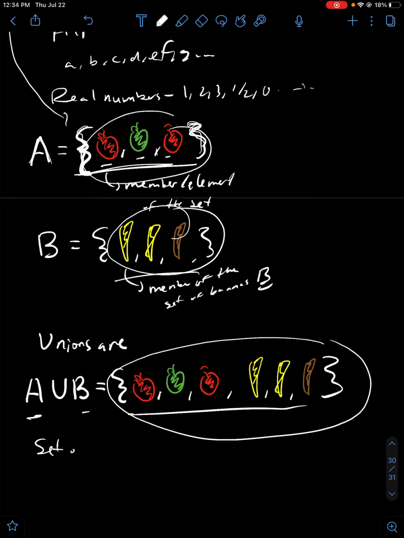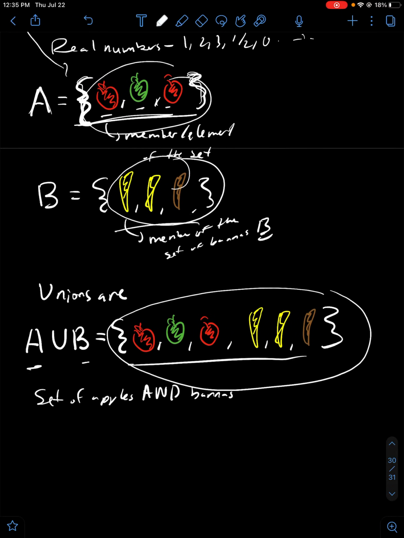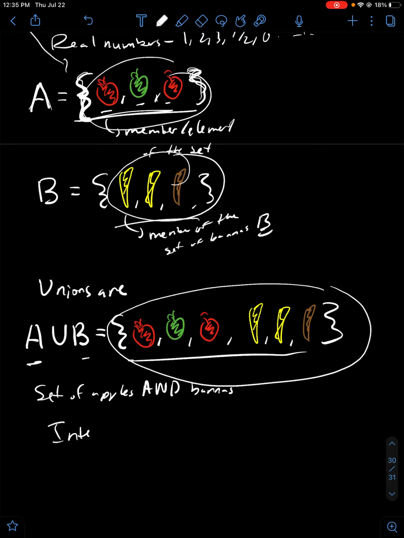So here we have these sets of apples and bananas. Now we're not adding these sets. To add a set would be like using an operation. These are unions of sets. Now what about intersections